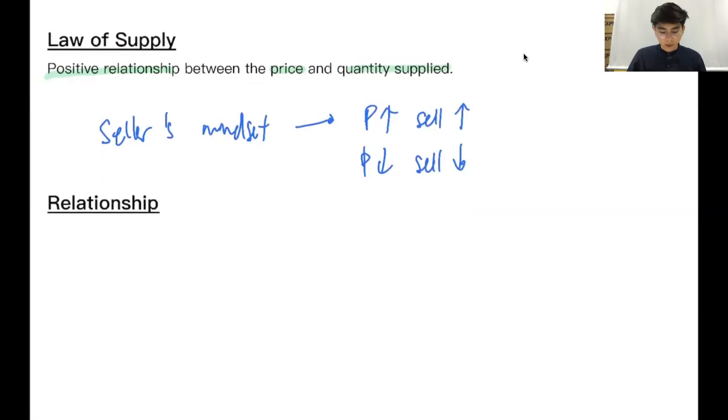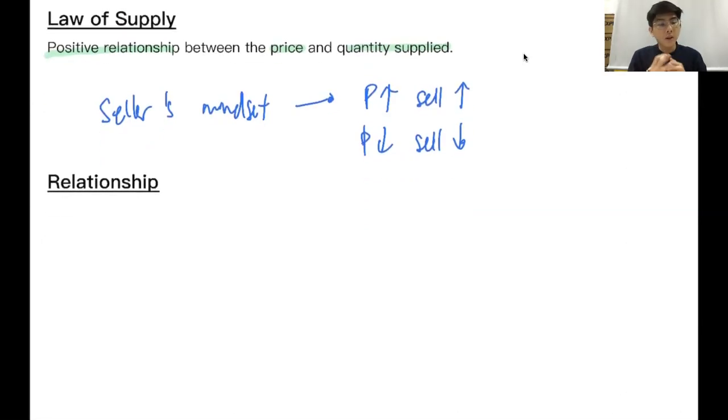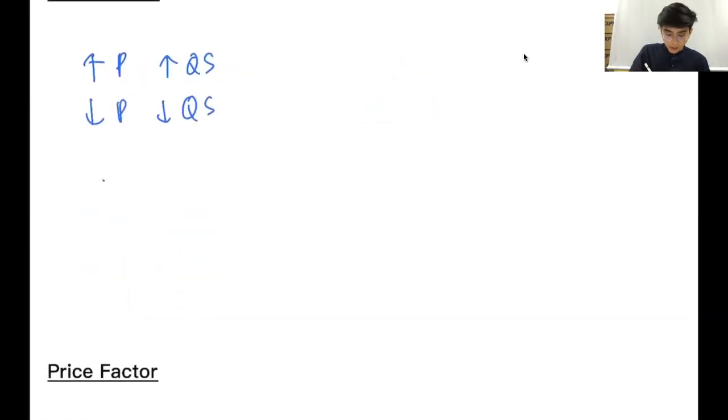So let's talk about the relationship, because the law of supply already states that they have a positive relationship, which means that they are moving in the same direction. So higher the price, higher the quantity supplied; lower the price, lower the quantity supplied. And because of this, we can form a graph. This graph looks like an upward